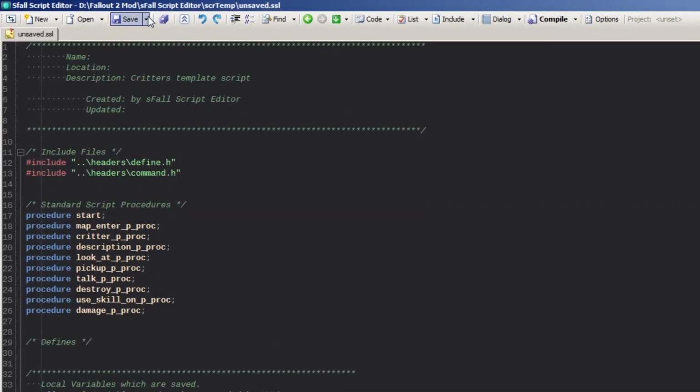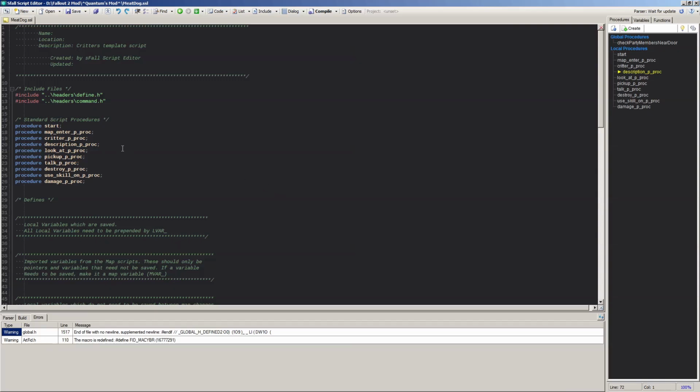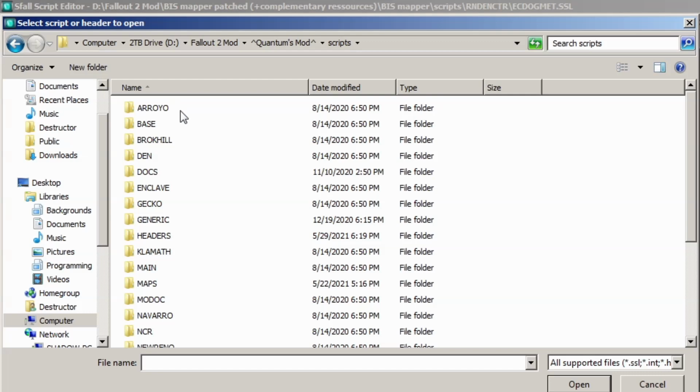And then we're going to save this file with a new name. We're going to call it meatdog, for no good reason. There we go. We have a new meatdog.ssl script all ready to start putting commands into. The very simple script that I'm going to start with today is one that will have meatdog following Bob around the map. As a model, for those of you who are new to scripting, I'm going to open up the Dogmeat